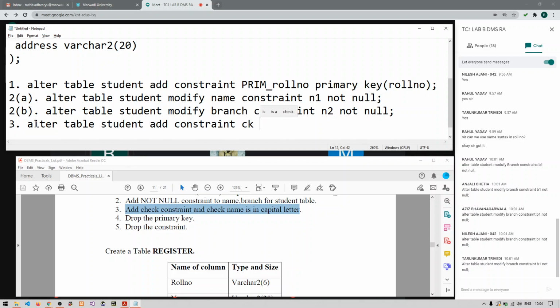And then I will write check, in brackets, name equals upper of name. So this will be your answer.